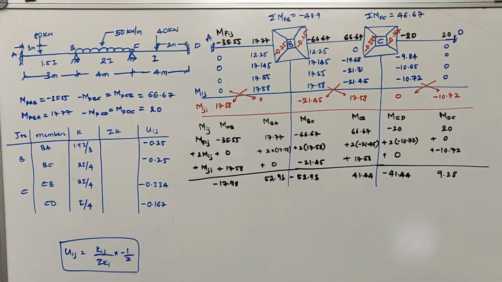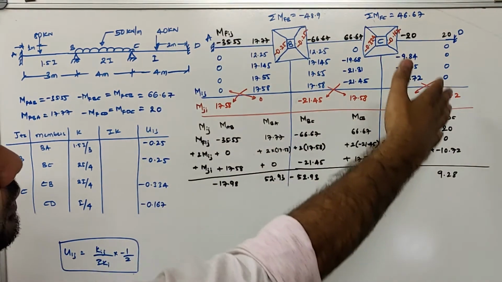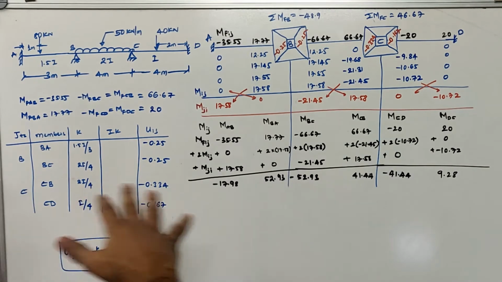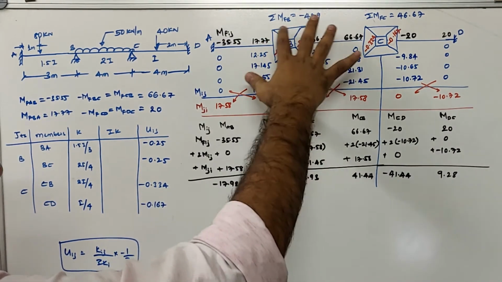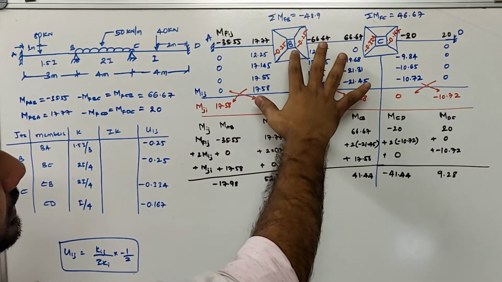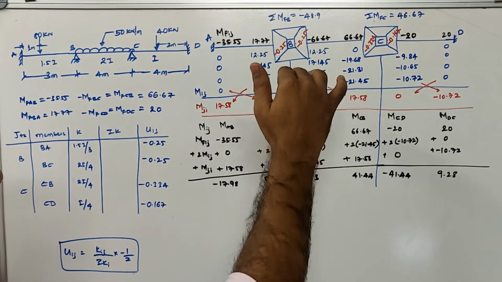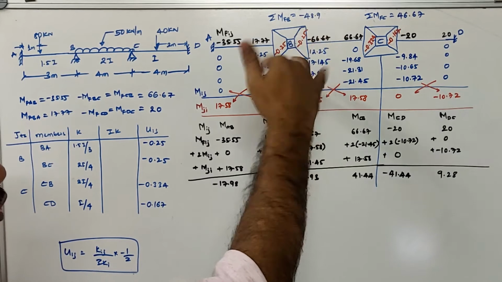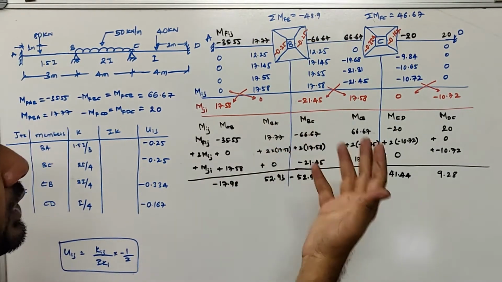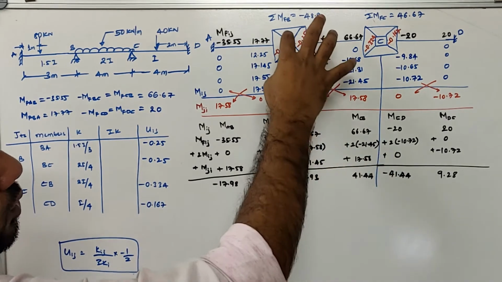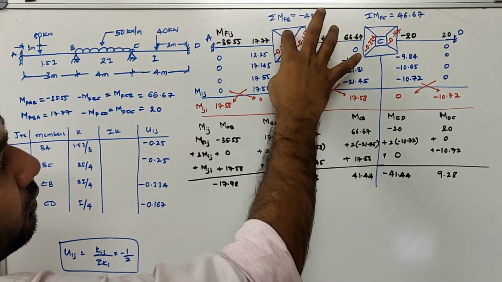Once we solve the rotation factor, I told you to draw this chart to solve. So first of all what we do is that we draw a tree diagram like this for the joints which are connected by 2 members. So joint B and joint C has been drawn. I have explained in the previous class also why we draw these 4 boxes.